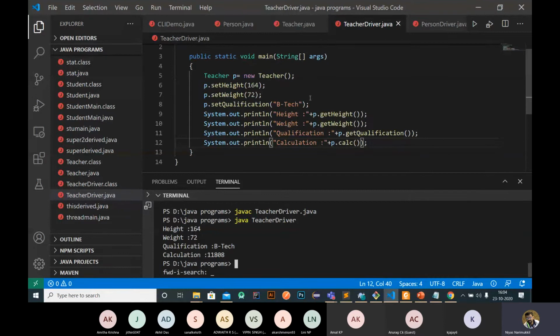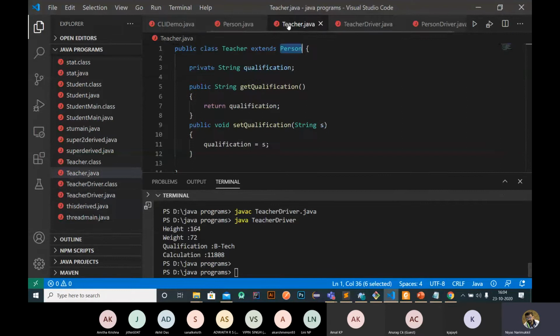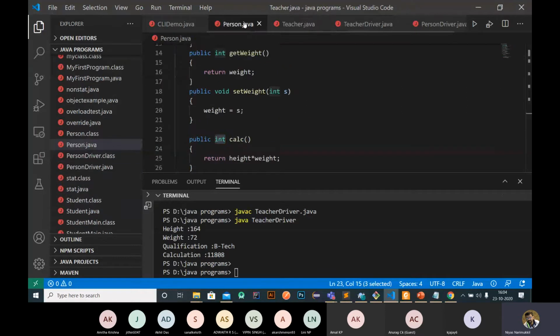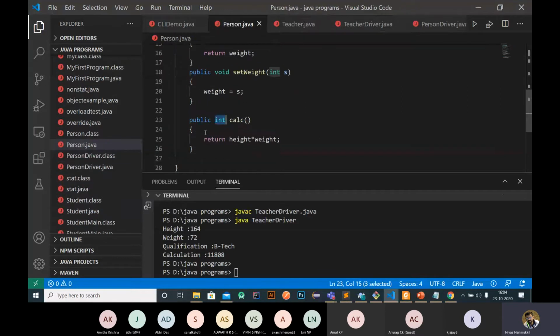Okay. So in case of teacher, if we need to override this function, for calculation we need to provide some other kind of output instead of this. So we are able to override methods of the parent class.